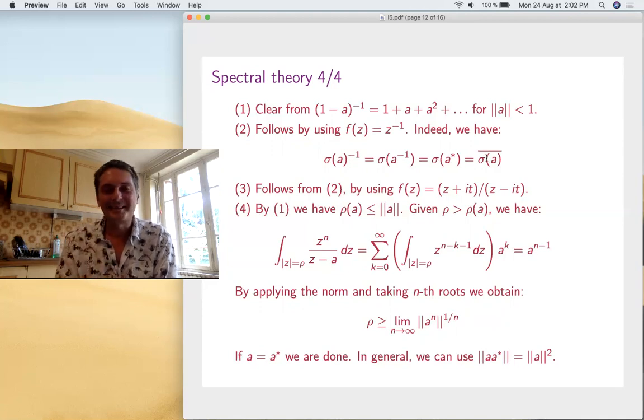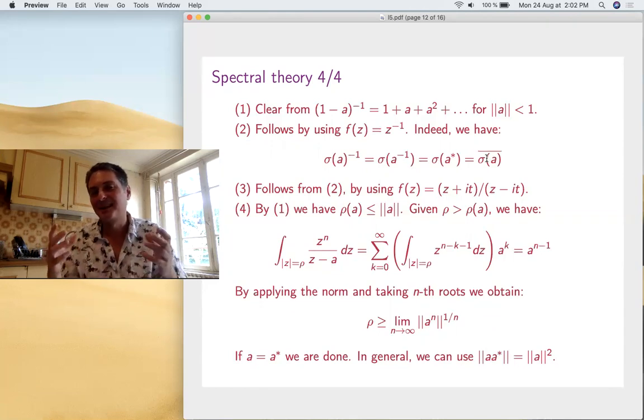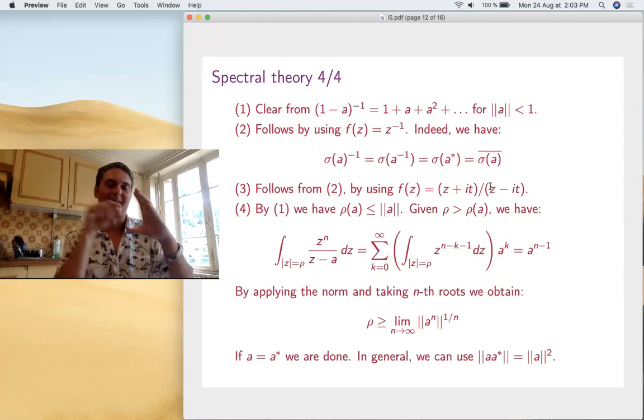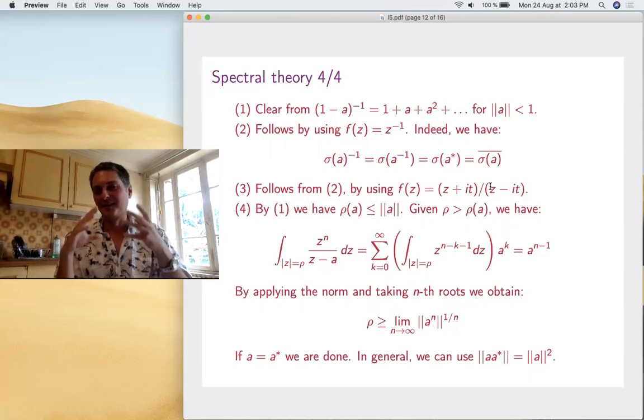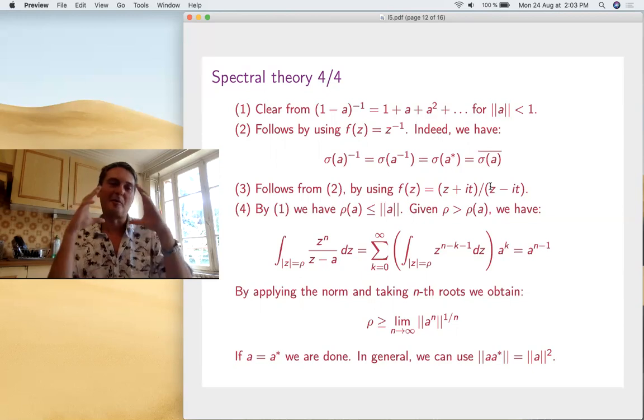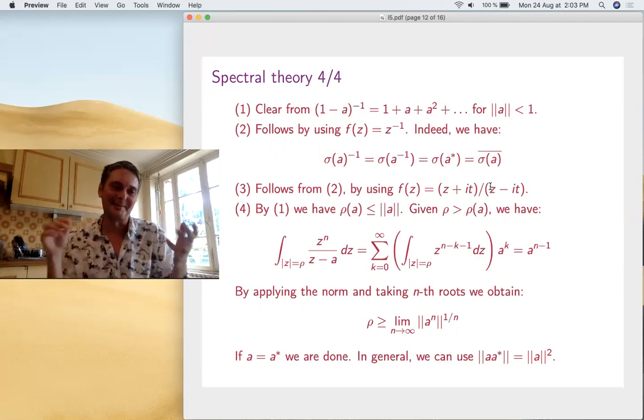Now, once you have this, you can prove that the spectrum of self-adjoints is on the real line because you see this function here. This is something quite tricky. It maps the circle to the real line. So if you apply this function to complex numbers you get from here to here, and from operators you get from unitaries to self-adjoints.